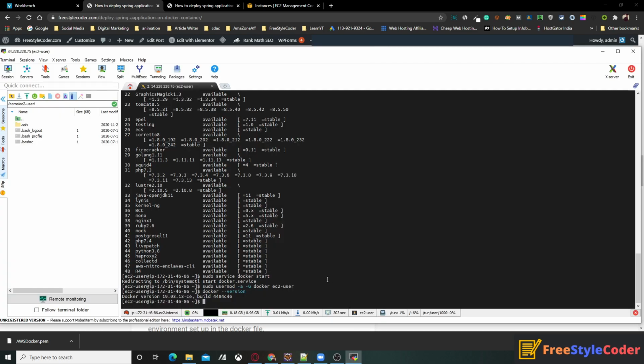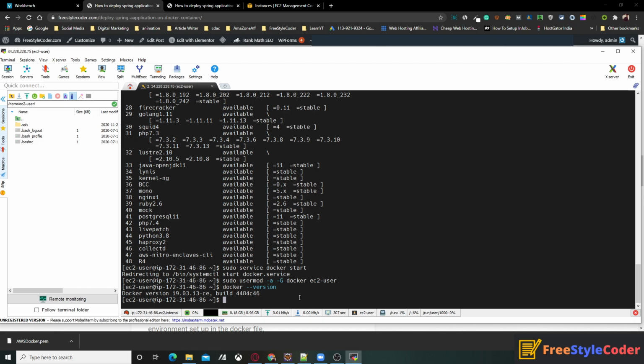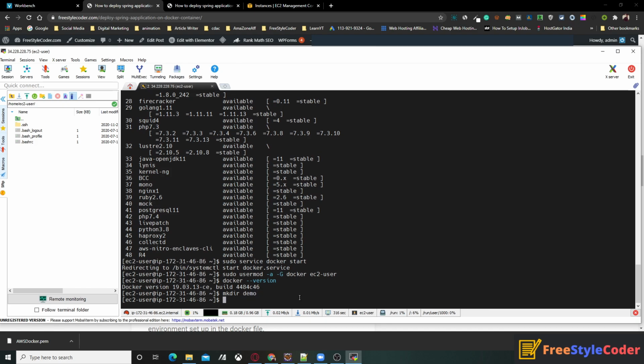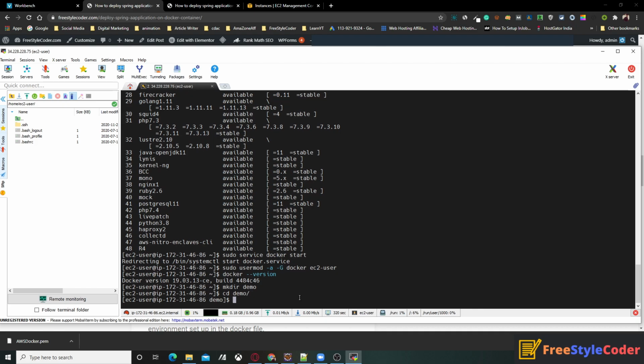Okay, so I simply create one folder over here, mkdir. I will give it the name demo. So cd, go inside the folder demo. Now you have to go into the root user.